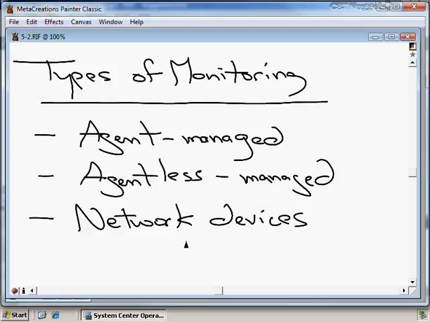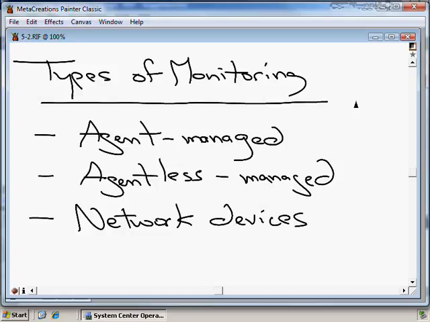Now, this is really useful for your standard up-down sort of metrics from those network devices. Right out of the box, Operations Manager isn't going to have a lot of deep capability of really digging inside of your network devices to find performance information, NetFlow information, all of that real deep networking stuff. But again, right out of the box, you actually can connect to network devices and have them notify you whenever